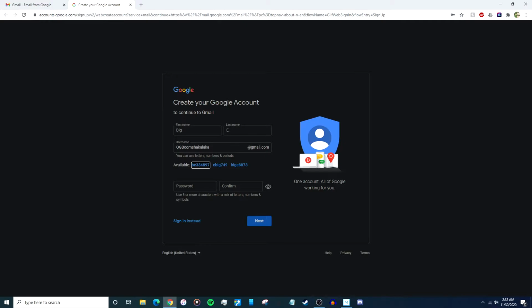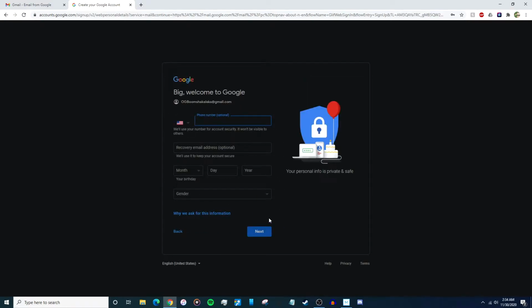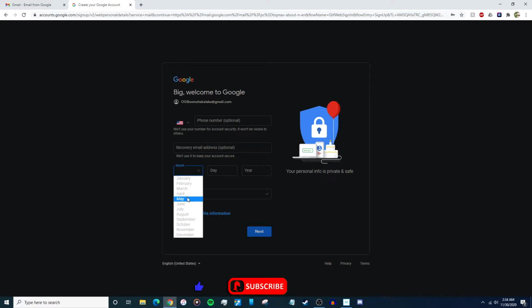For the password, you'll need a minimum of 8 characters with a mix of letters, numbers, and symbols. Once that's done, click on the next button. Now on this page, I'm not going to be adding my phone number here, but I do think that you should if you're planning on making an account that you will be using. I'm making a fake account right now, so I'll be skipping this step. Again, I would recommend the recovery email as well, even though it's optional, just in case you forgot your password. And once you're done with that, type in your birthday over here.